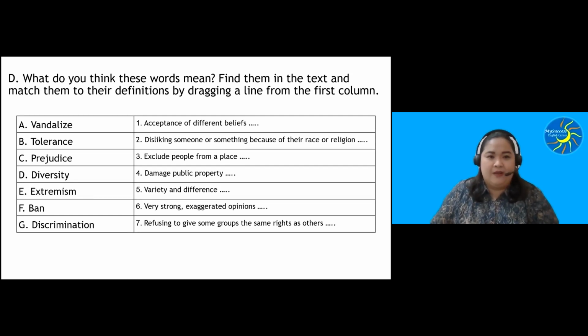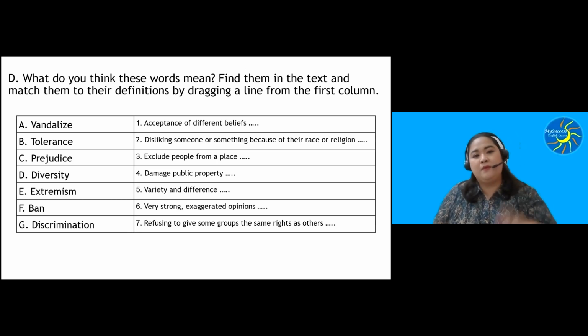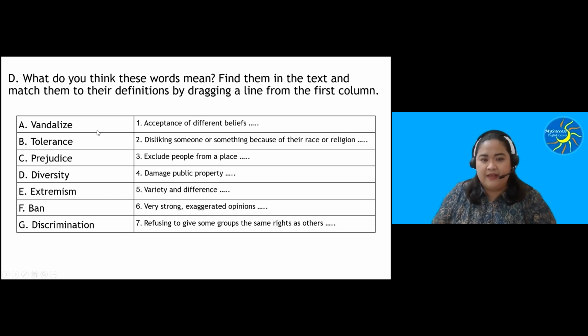Okay, so I give you 5 minutes to drag a line from the first column to the most probable answer, especially for the definition. Okay, I give you a hint. Vandalize is to damage public property. Okay, so that's one example. Maybe you can continue doing the others, yeah, from B until G. Okay, I give you time,